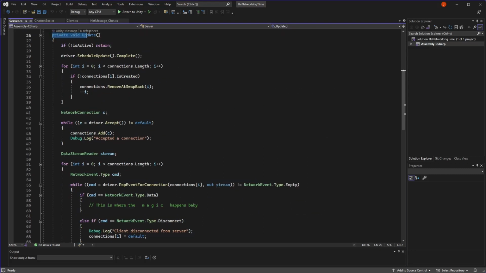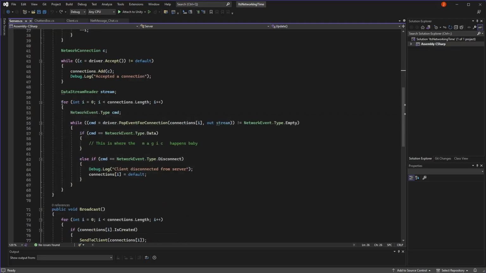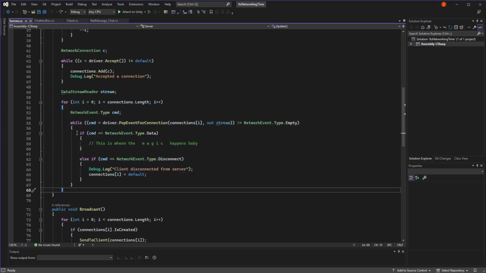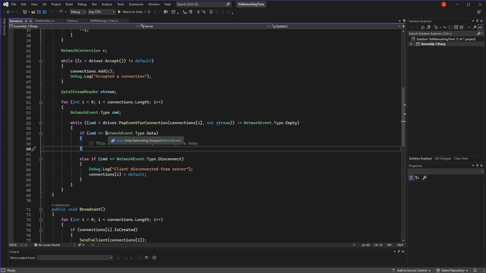The server also has an update function which does a few more things than the client's update function. But you don't have to worry about that, instead we'll focus on this part, which is where the server listens for data being sent to it from the clients, which are just players in the game. And here, this is where the magic happens. The server is listening to the clients every frame, and once it receives some data, we're in business.